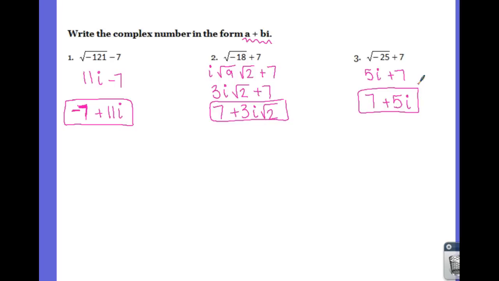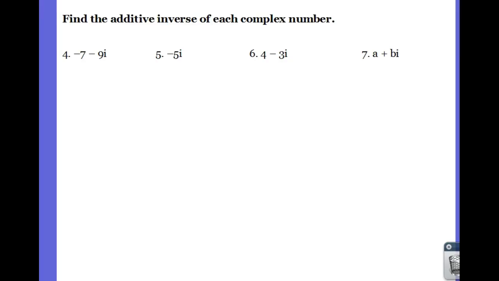Alright, let's throw in an old vocabulary word. What does the word additive inverse mean? What is that a fancy word for? Additive inverse is simply a fancy word for